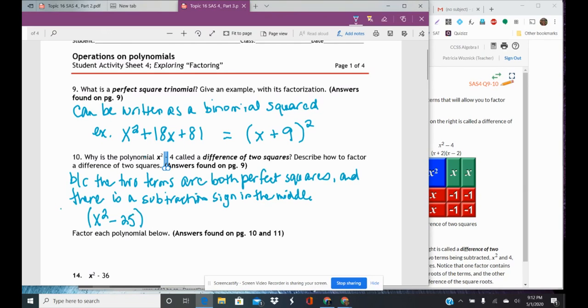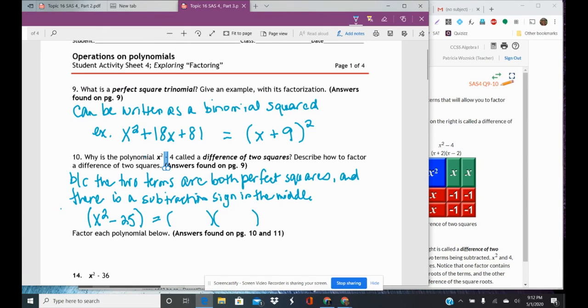First of all, is this a difference of squares? Is x squared a perfect square? Yes, x times x. Is 25 a perfect square? Yes, 5 times 5. Is there a subtraction sign in the middle? Yes. So when I factor these, I have to factor them as the two square